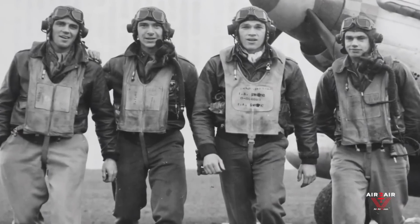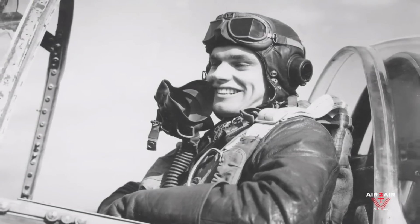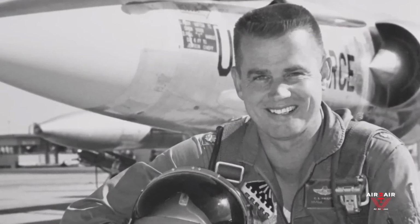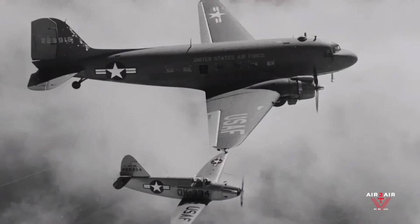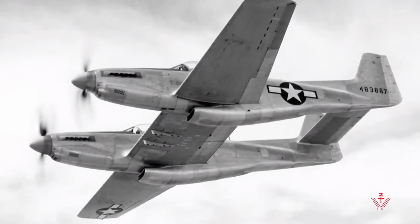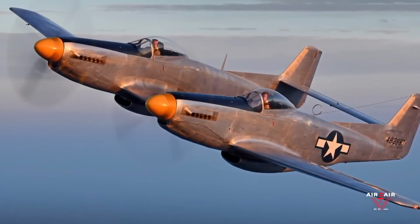One of the pilots who flew the Mustang was Bud Anderson. Today, he is the highest-ranking living American fighter ace with 16 1/4 air victories in the skies over Europe. After the war, Anderson became a test pilot at Wright Field in Ohio and what later became Edwards Air Force Base. One of the planes he flew in test was the XP-82, an attempt to make the P-51 into 2